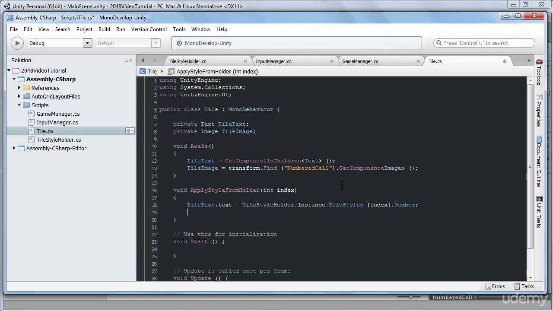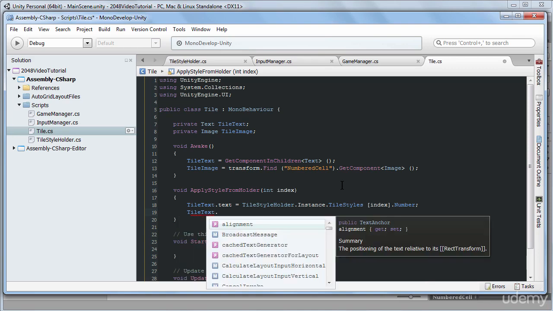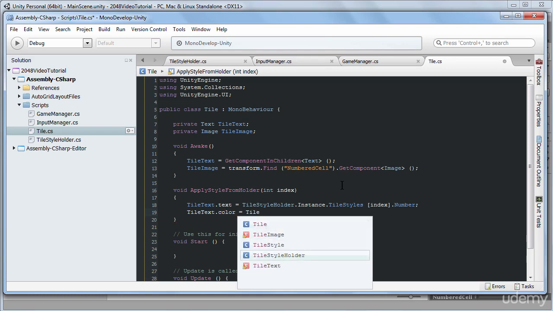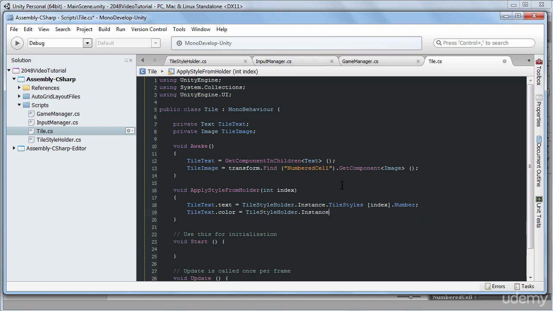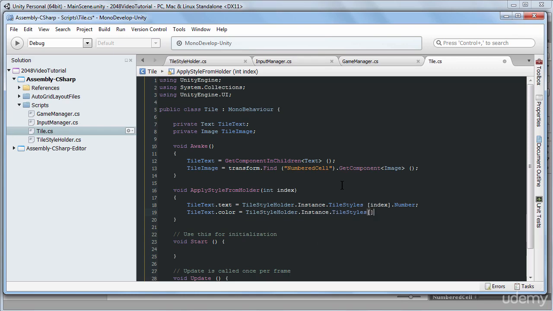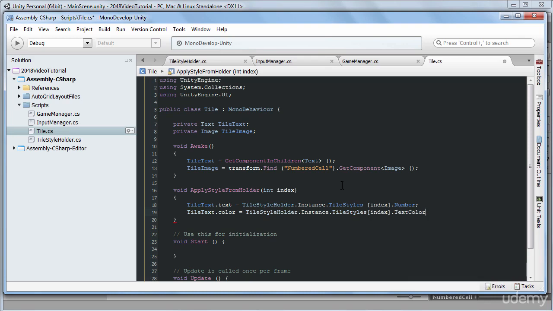So first it will apply the number, then it will apply tile text. It will apply the color to our text, dot color equals, and we will do the same thing. We will find our tile style holder instance, and in the array of tile styles we will access an element with the same index, but this time we are going to access our text color,